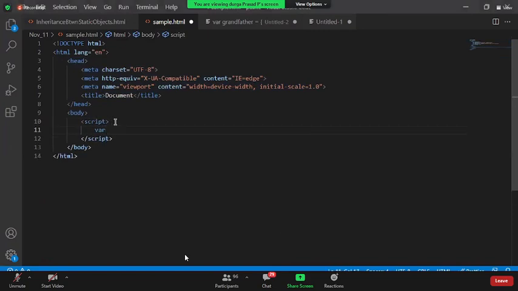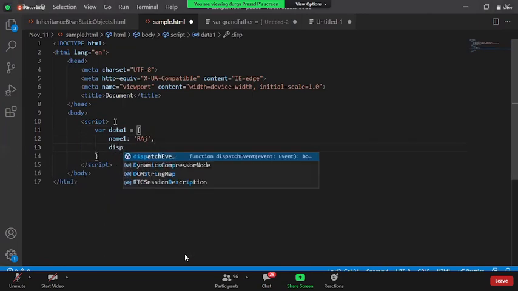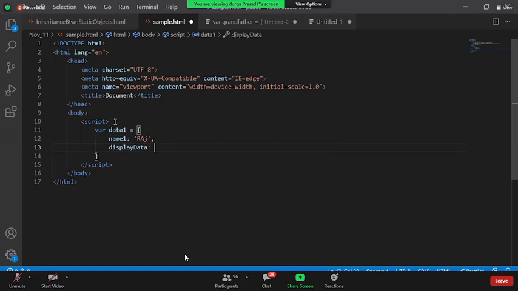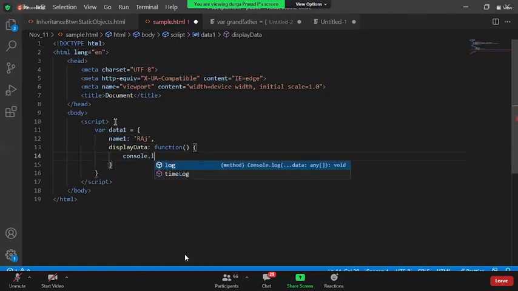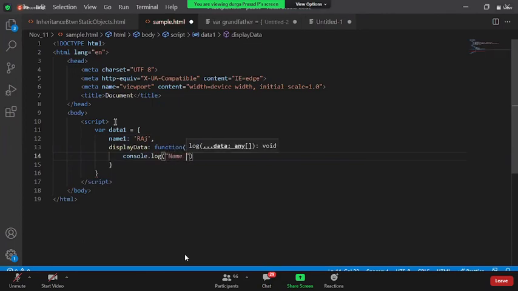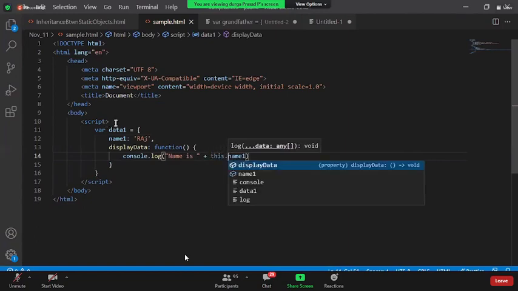Now I say var data1 is equal to name1 colon Mr. Raj, and display data is a function: console.log, name is plus this dot name1.